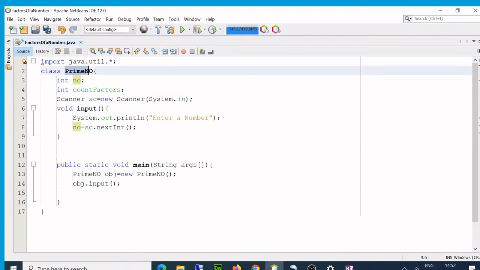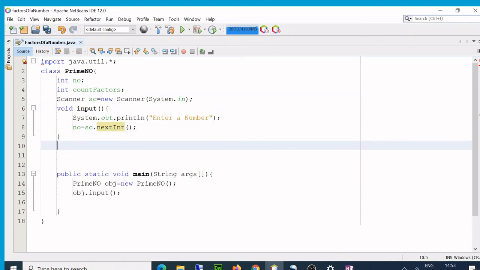My program is already set, prime number. So I'm once again going to input. This is my input method, so I'll input a number here. And in the next method, I'm going to check, find,